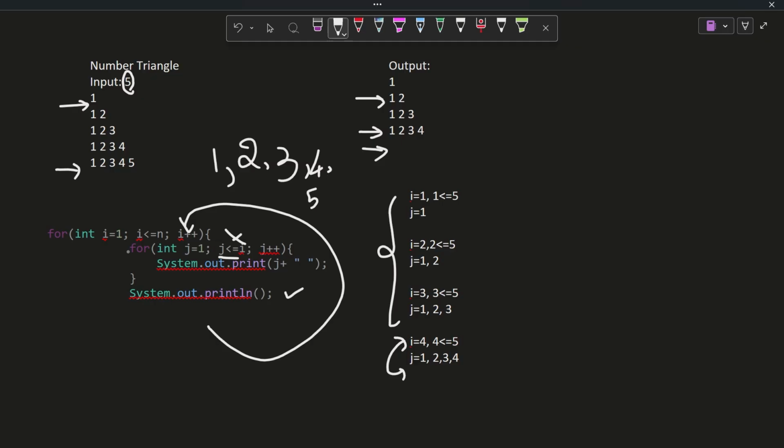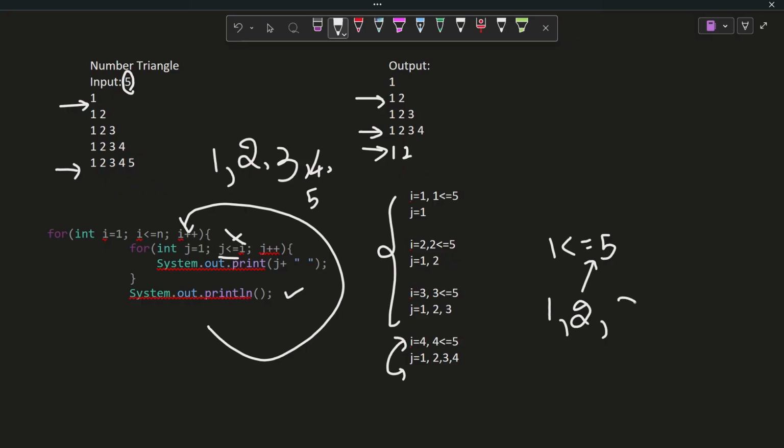Now it will iterate the for loop for 5 times, because the condition what we have given is j less than or equal to 5. So what is the value of j? It is 1. 1 is less than or equal to 5, right? So for the very first loop, it will iterate. Next j gets incremented, where it will print as 1, and the second condition is 2 less than or equal to 5. So the condition is true, and again 2 gets printed over here.